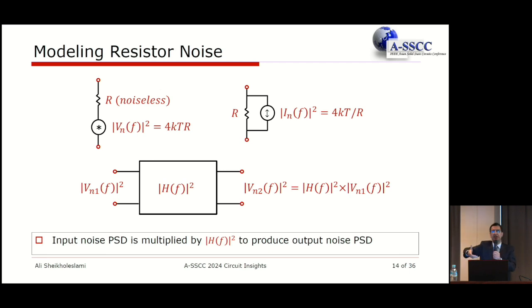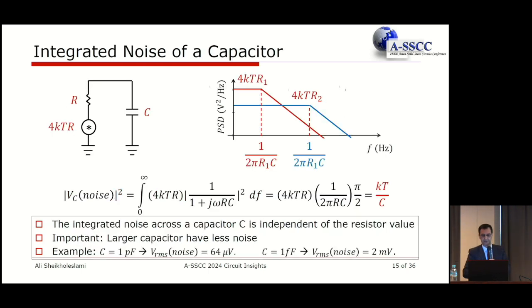Remember, in a typical circuit, when we're dealing with a deterministic signal, you take the Fourier transform of the input, multiply by the Fourier transform of the impulse response, which is called the transfer function, and you get the output. But when it comes to noise, we are dealing with a random signal. So instead of the actual Fourier transform of the signal, we look at the power spectral density of that signal. And we multiply by the magnitude squared of the transfer function to get the power spectral density at the output. That is shown on this slide.